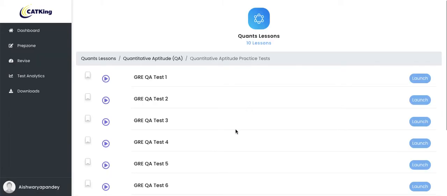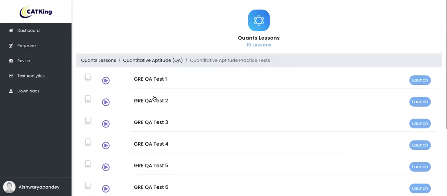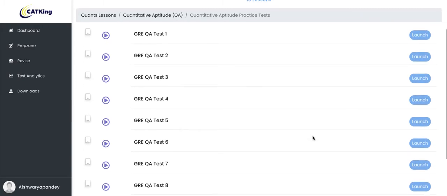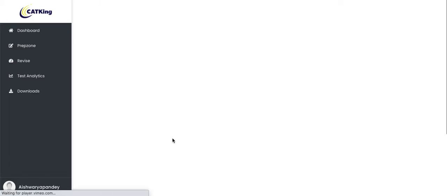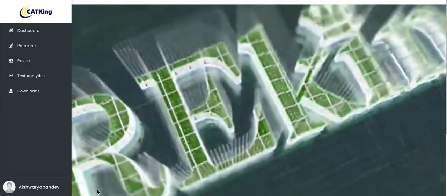Then you can also go to these quantitative comparison practice tests, quantitative aptitude practice tests. What are these tests? These are nothing but video lectures. Once you watch all the foundation video lessons, I usually ask people to go to these tests, sit with a pen and paper. This test is in video format, and there is a 1 minute timer on it. Okay, a 1 minute timer is set. I can show you here what the timer looks like, if you can see this. Okay, it is still loading, it will just take some time to load.